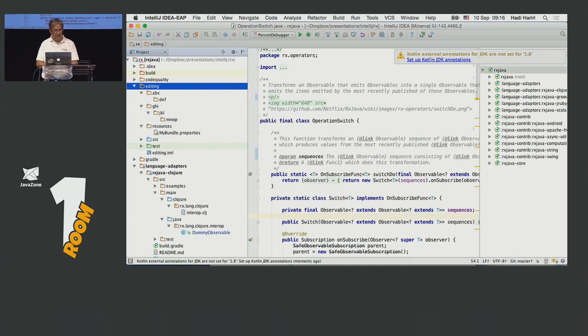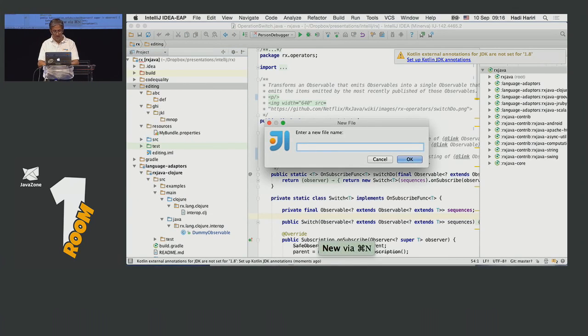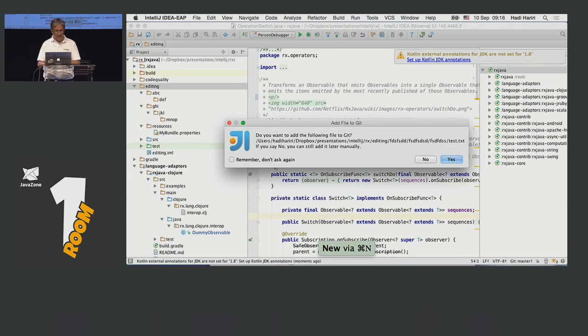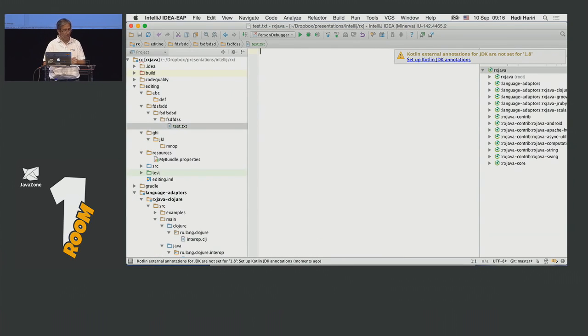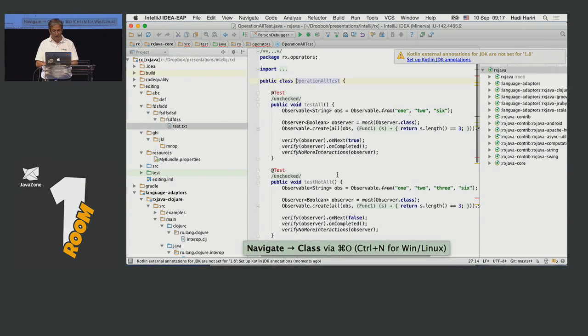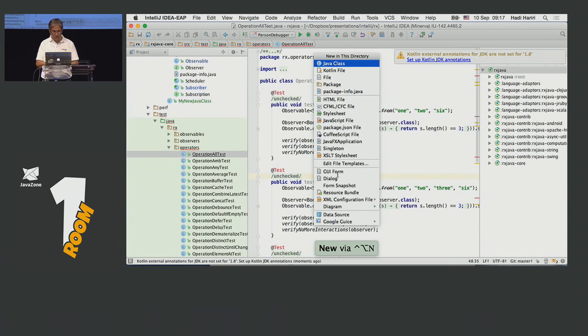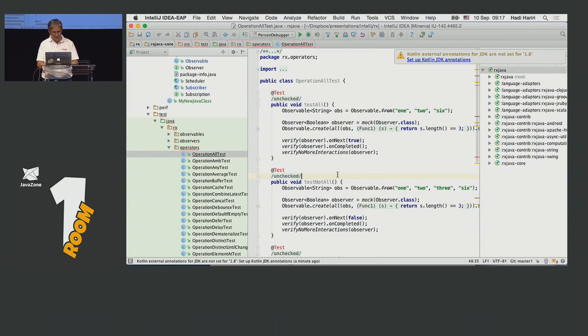And you can do the same with files. So I can say, for example, file, blah, blah, test.txt, and it will create it for me as well, okay? That's how you create files, folder structures, directories, etc. And if you're inside an actual file, you can also access that new menu. You just invoke it in a different keyboard combination, and you can also create the new files directly from there, right? One thing that we've also added is